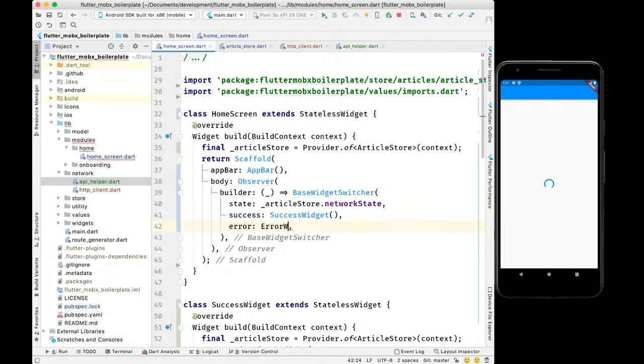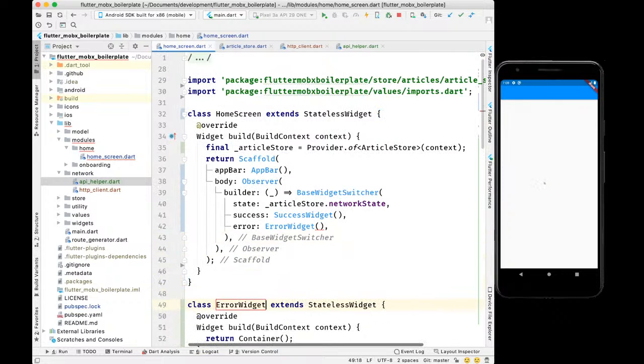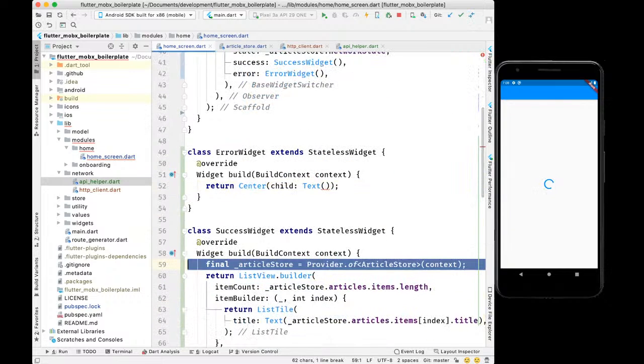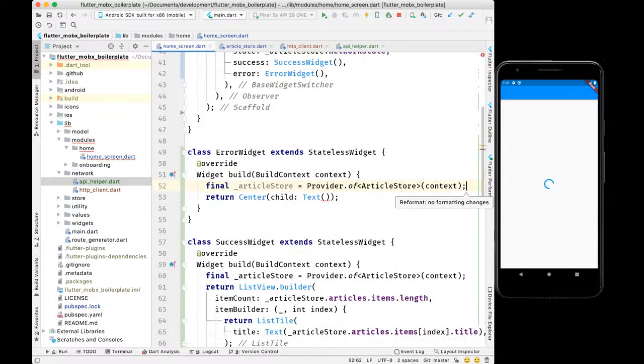It will be a separate class, stateless error widget. Okay, and over here we will create a text in a center, probably. Yes, in a center for sure. We will again use article store directly over here. See, I'm not passing anything extra in a constructor. Then article store dot error message over here,